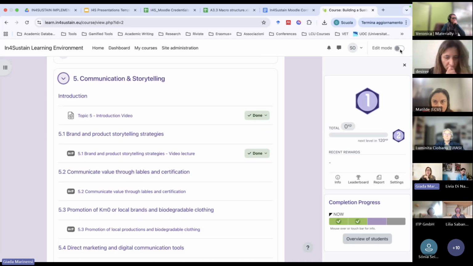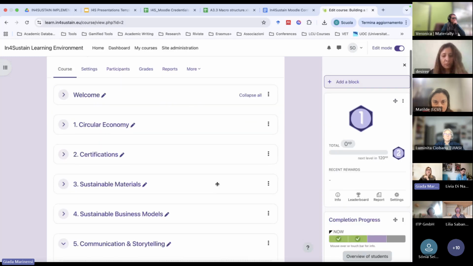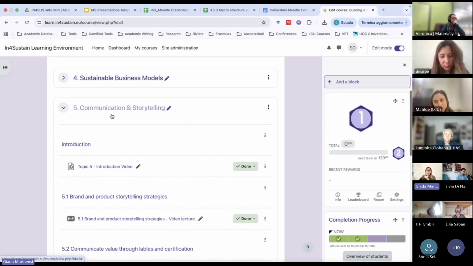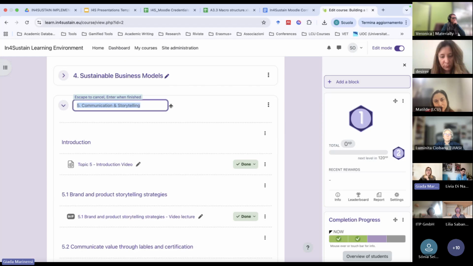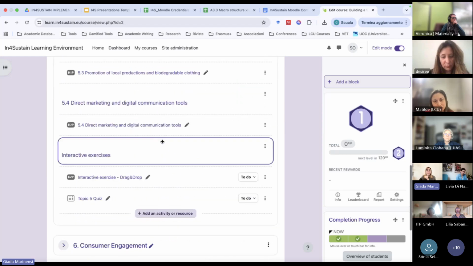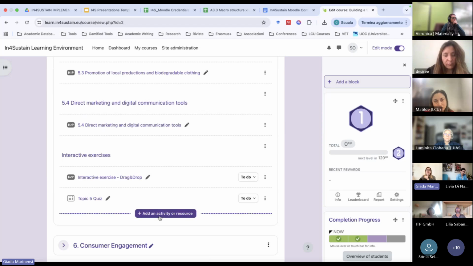and add very easily new resources. For instance, just switching into the edit mode and opening the topic that we want to edit. We can change titles. We can add an activity or a resource.